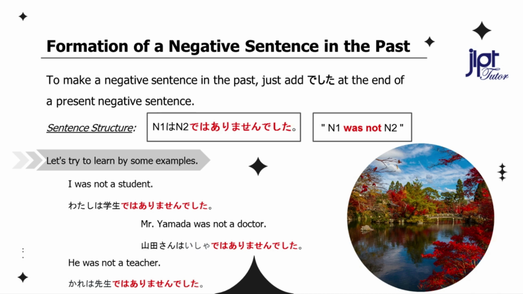Formation of a negative sentence in the past. To make a negative sentence in the past, just add deshita at the end of a present negative sentence. Sentence structure: N1 wa, N2 dewa arimasen deshita. You can replace desu with dewa arimasen deshita to make the past tense negative. Let's try to learn from some examples. I was not a student. 私は学生ではありませんでした。